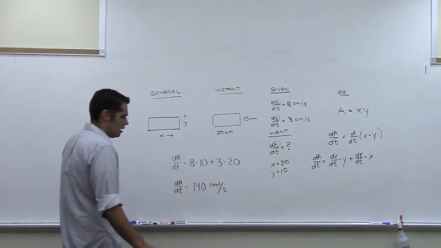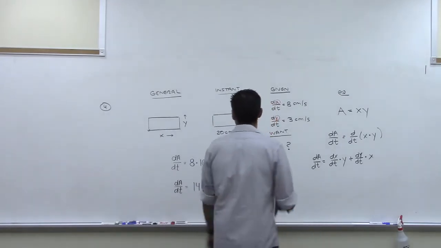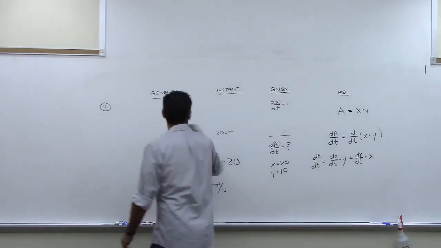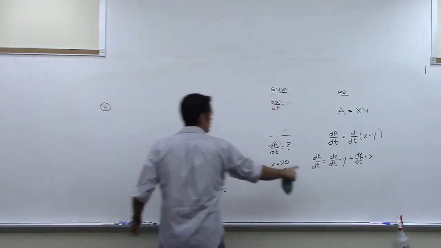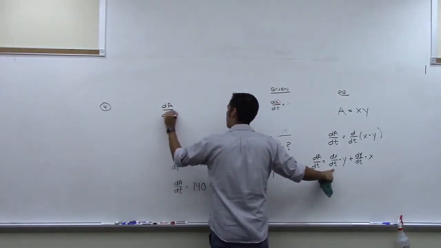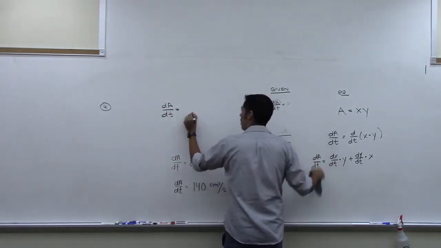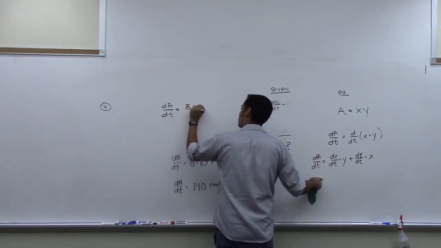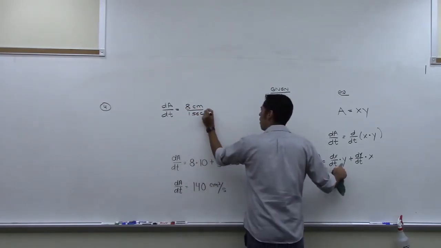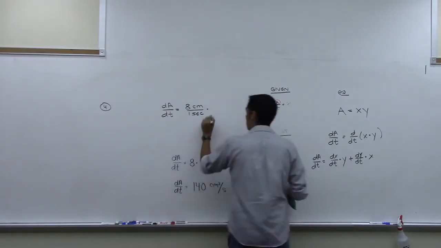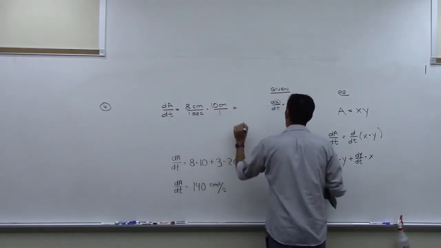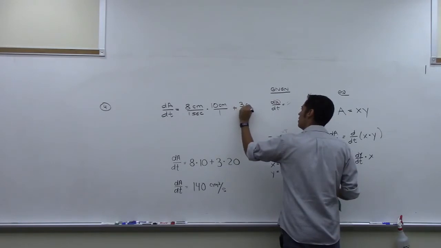And that's it. I wanted to show you real quick, had I instead tried, shoot, I just erased what I needed to show you. Let's say I write down this equation, but I write it down with the units, just to show you how it would work. It would have been dx dt, which was 8 centimeters per second, so that's like per 1 second, times y. Y was 10 centimeters, so 10 centimeters over 1, and then plus dy dt, which was 3 centimeters